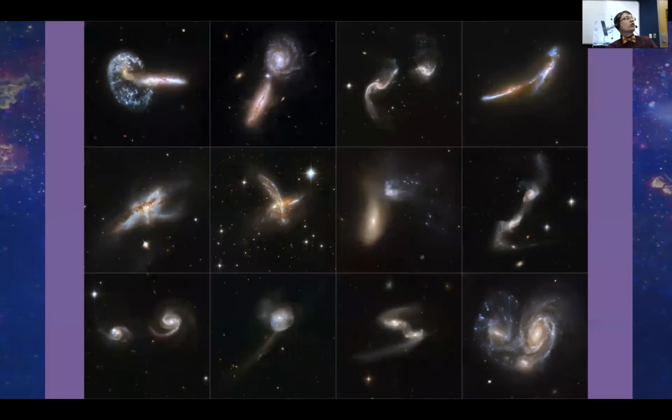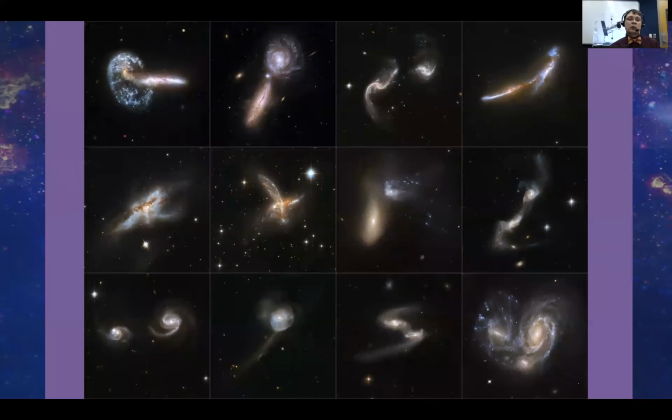So there are a few of those pictures that you saw over the course of that visualization, a mosaic of a bunch of different galaxy collisions. Lots of different galaxies are showing evidence of collision. And you might remember last webinar, we also saw some evidence of dark matter as a result of a galaxy collision. And this is not just limited to other galaxies.